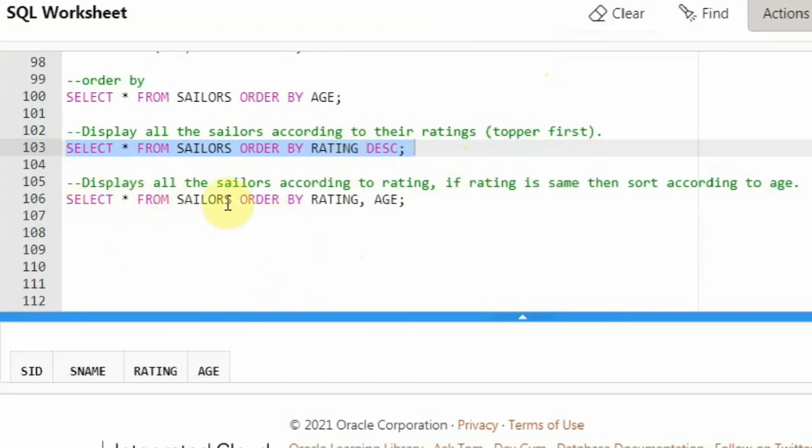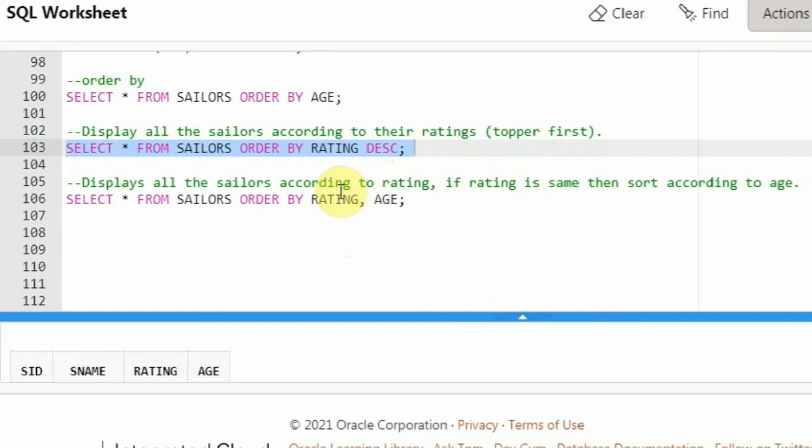Here we are giving two attributes to order the table. So what does it mean? First I want to consider ordering it based on the rating. I didn't say ascending or descending, so it will be put in ascending order. And if the ratings are the same, then consider age. That is the meaning.